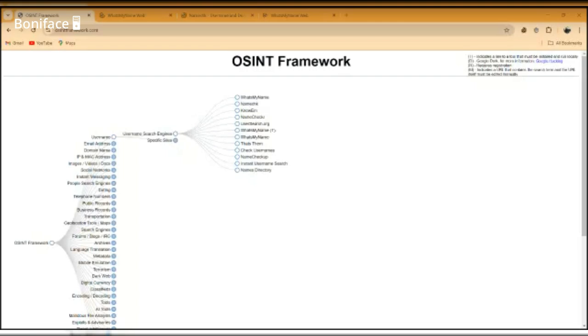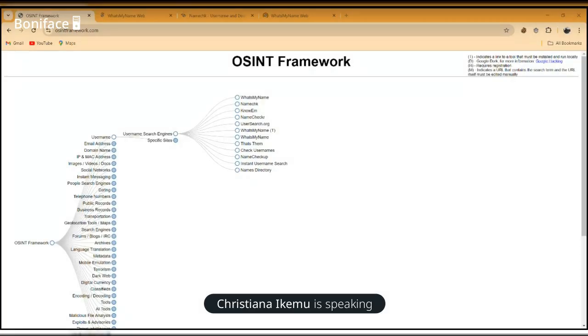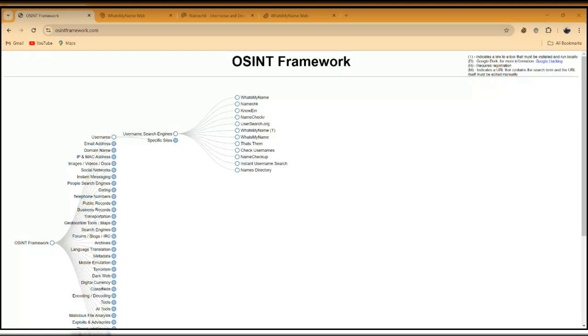Please, somebody just confirm in the ask your question section if you can hear and see the screen very well. Just comment in the ask your question section. I can see the screen. Still on. Okay, yeah, Christiana, OSINT Framework. Thank you very much. I didn't know you were actually with me. Sorry. Okay, thank you very much. Yeah, let's go back to that.